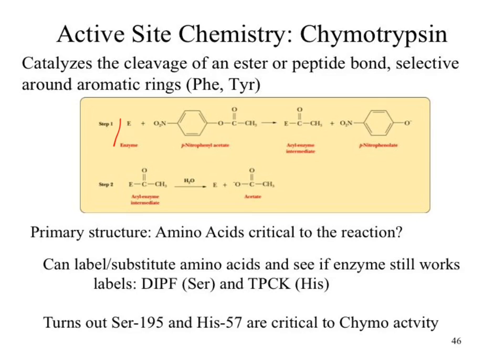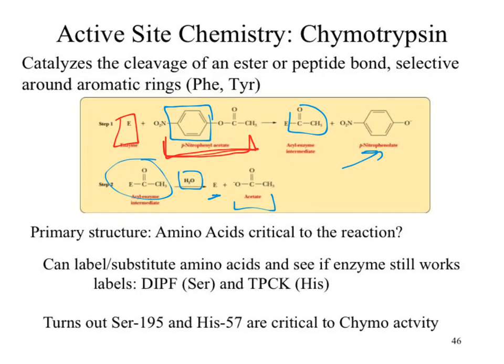So we're taking the enzyme. The enzyme sees this molecule, which kind of looks similar to our phenylalanine or tyrosine. The enzyme goes in, forms a bond, kicks out our other piece, our substrate comparator molecule. Comparator. You at least understand what that means. It looks similar to our substrate. The enzyme then goes through and reacts with water to reform the enzyme, and it kicks out the other piece